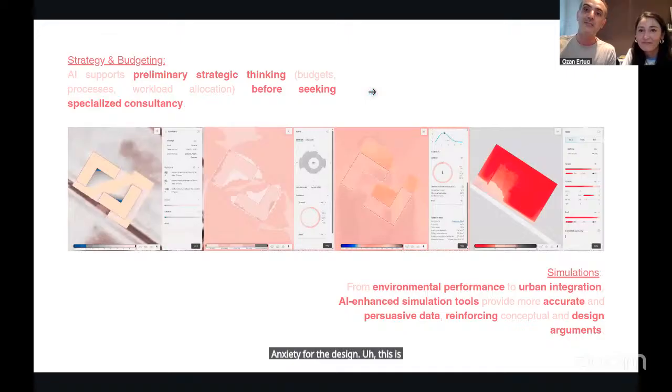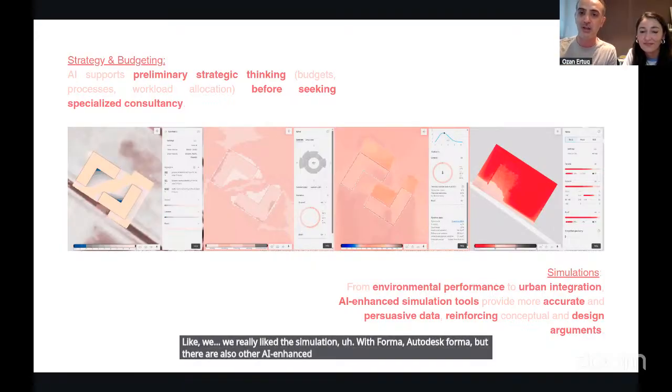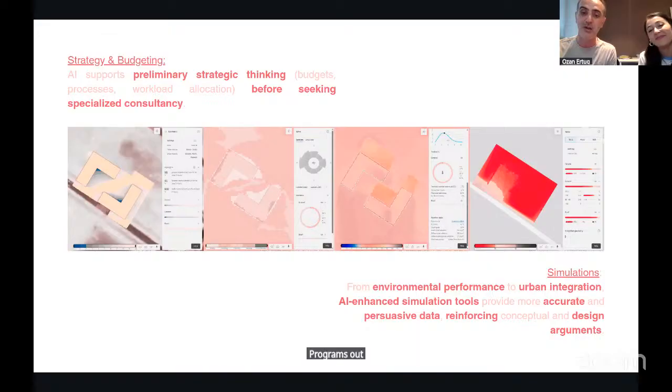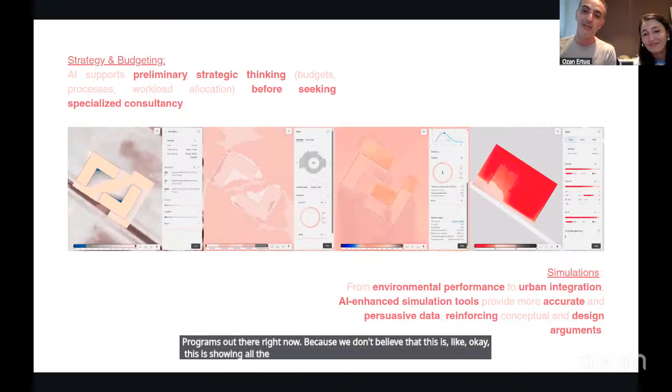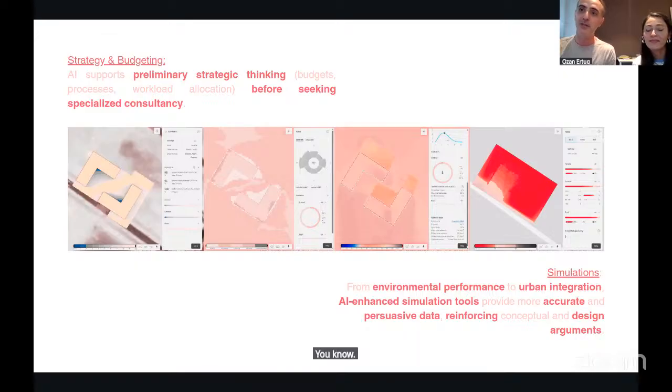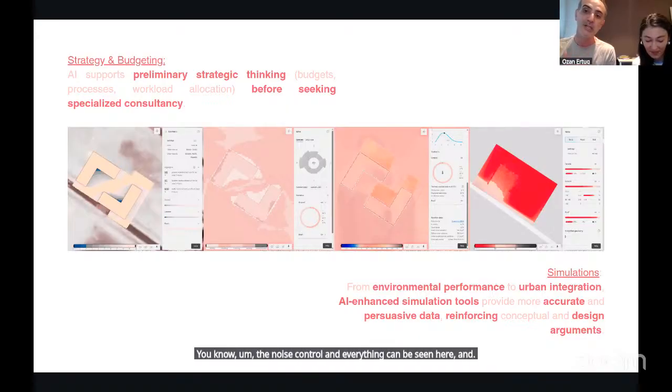We really like the simulation with the Autodesk Forma, but there are also other AI enhanced simulation programs out there right now. It shows all the sun shading, daylight, the noise control and everything, and you can understand where the problems are.